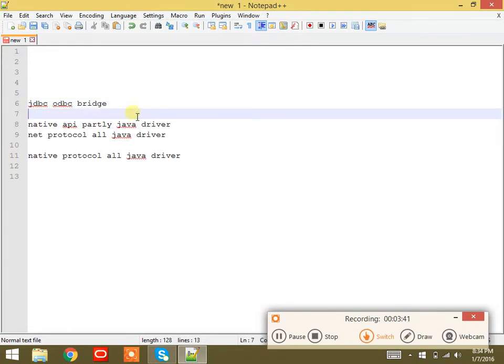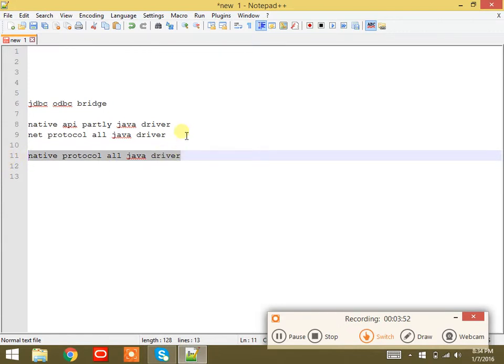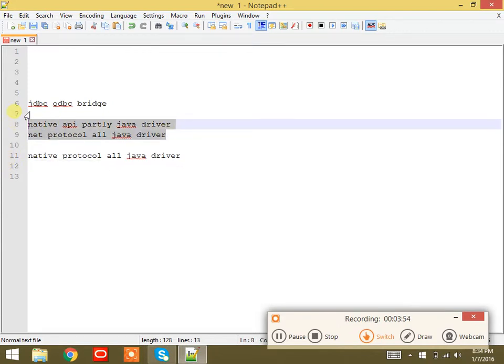Type 1 driver will be used in institutions like this for learning's sake. Type 4 driver will be used in companies. The second and third types of drivers are completely demolished.